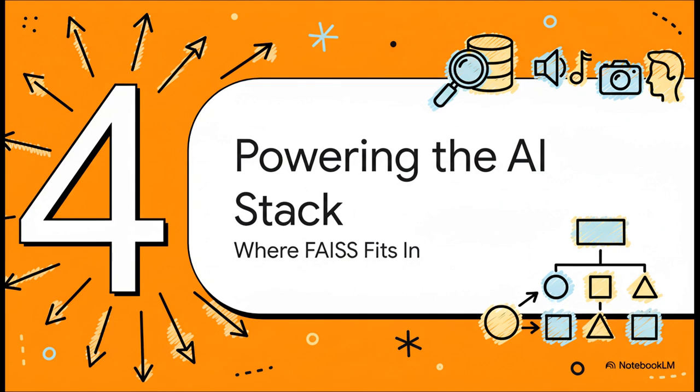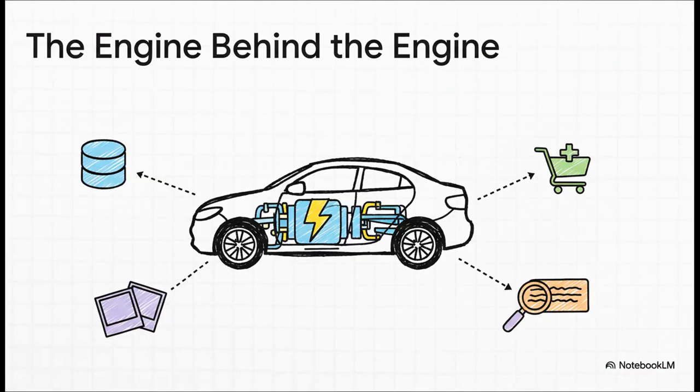So we've got this powerful, super flexible toolkit that's all about making smart trade-offs. Now let's zoom out a bit and see where it actually fits into the whole AI world. And it turns out it's pretty much everywhere. And this is where you see the true impact of FAISS. A lot of those popular, easy-to-use vector databases that developers love, yep, they're actually using FAISS under the hood. It really is the engine behind the engine,